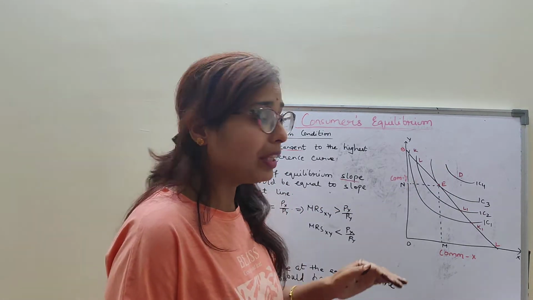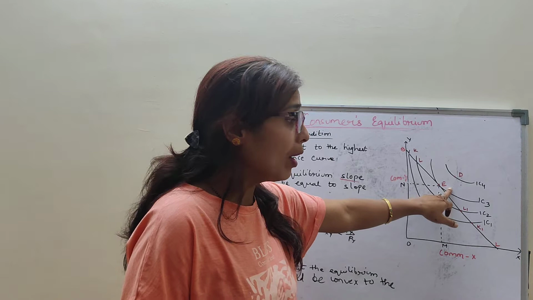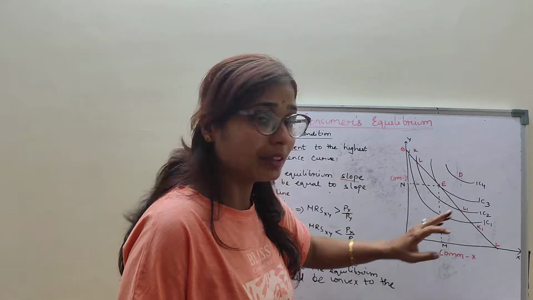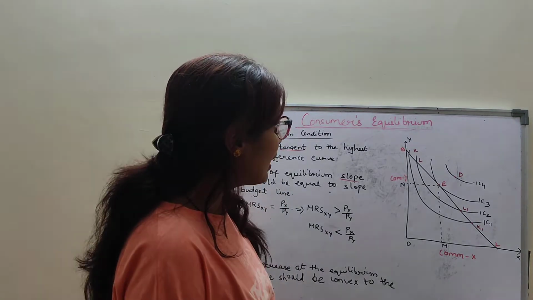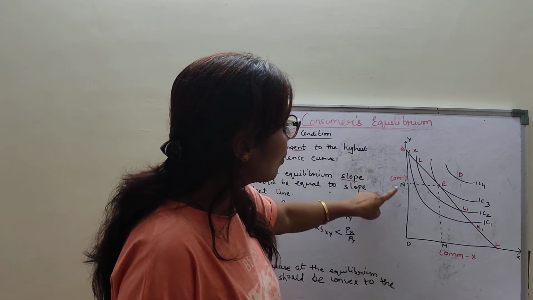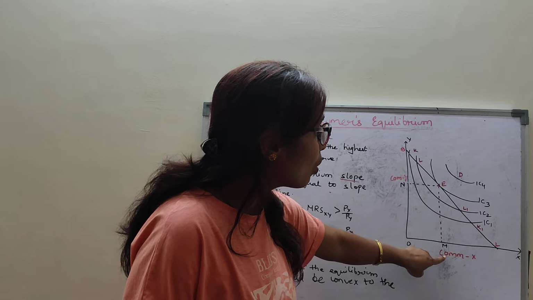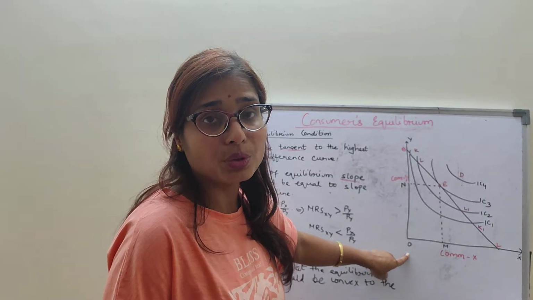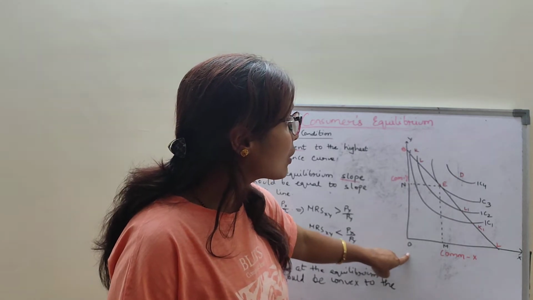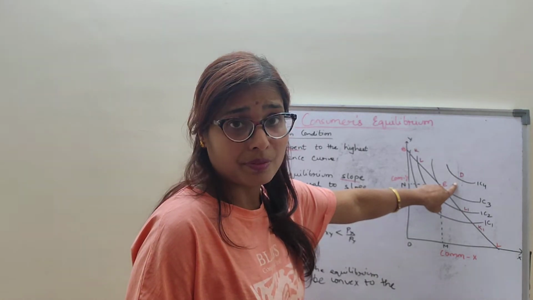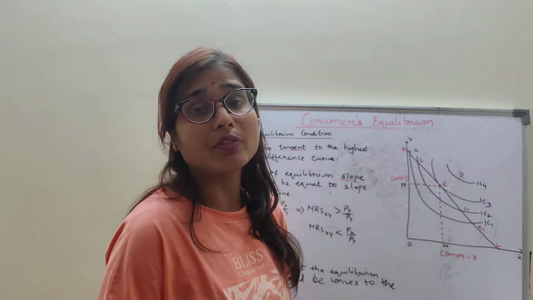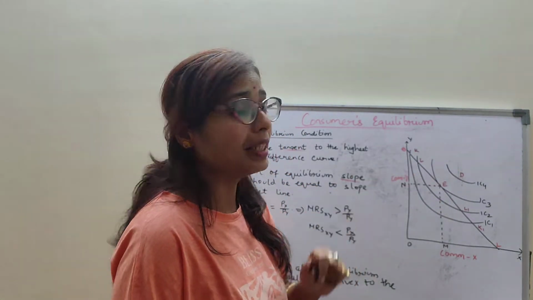So the consumer will attain the equilibrium point where he is getting the maximum satisfaction with the same budget. Clear? Now the consumer will consume OM quantity of good Y and ON quantity of good X, because it gives the highest satisfaction to the consumer. The consumer can also attain point D because it is on the higher indifference curve IC4, but it is not feasible because it is outside his budget.